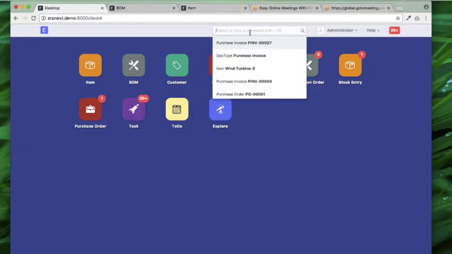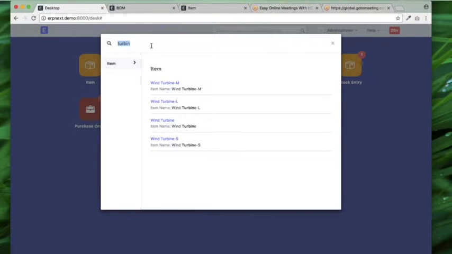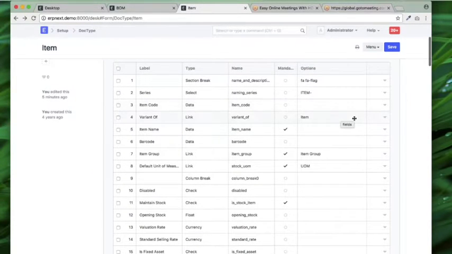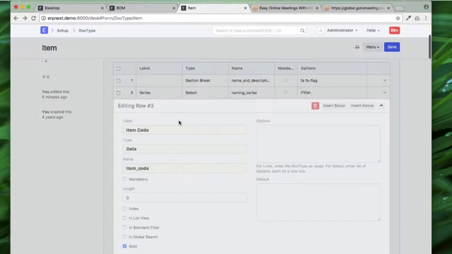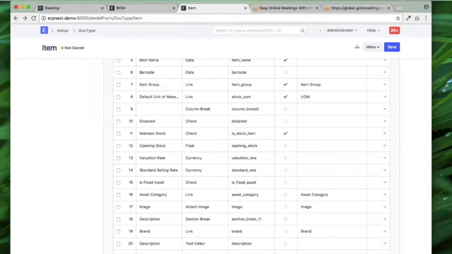In case you type anything in the awesome bar, you'll get an additional option to search for the particular keyword. What that does is show all the results wherever the keyword is present in the searchable fields. Now, for this to function, in the doctype, you have to set the field as searchable. Suppose in the item doctype, we set the item code in global search field to check and save it,